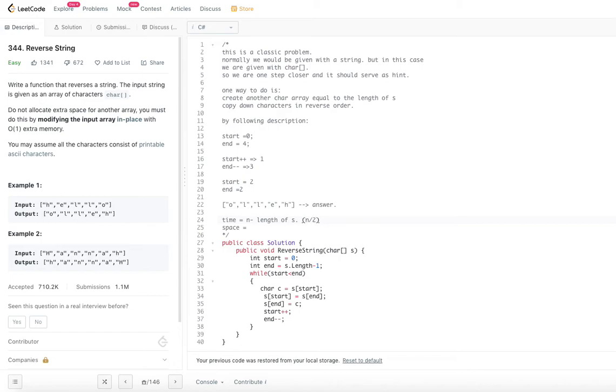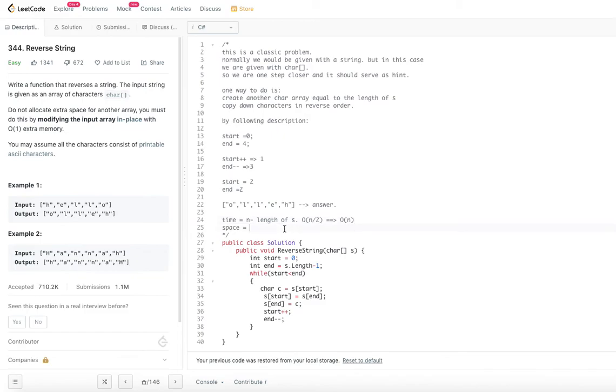But since we remove all the constants from the big O notation, it will be order of n, right? Even though we are saying order of n, technically it is not really going through all those characters, it is just flipping. So the real runtime will be order of n by 2, right?